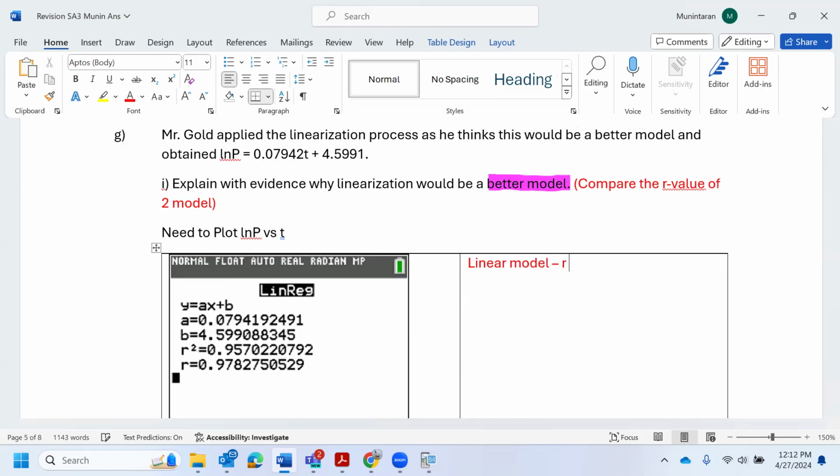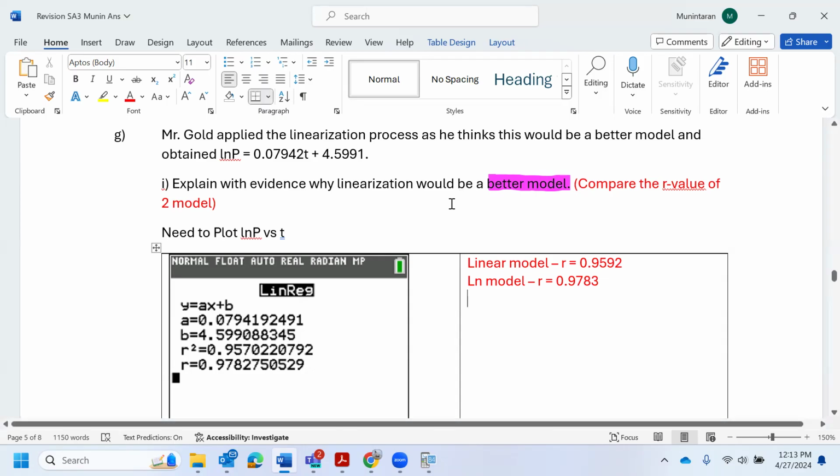You have your R equivalent to, what is it? 0.9592, and for the exponential model, you have your R value equivalent to 0.9783. So by looking at the comparison, you can say that,